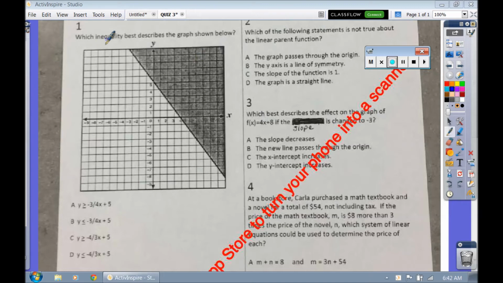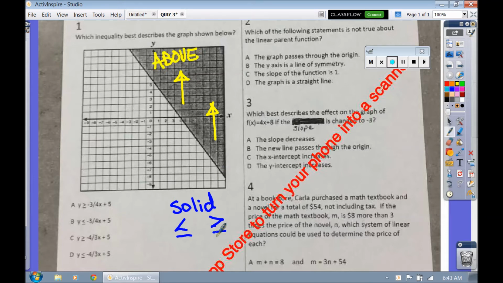Which inequality best describes the graph shown below? Start with the line. Is it solid or is it dashed? It's solid, which means it's going to be less than or equal or greater than or equal. And now look where the shading is at. Notice that the shading is above the line. So since the shading is above the line, it's going to be the greater than or equal sign, which means